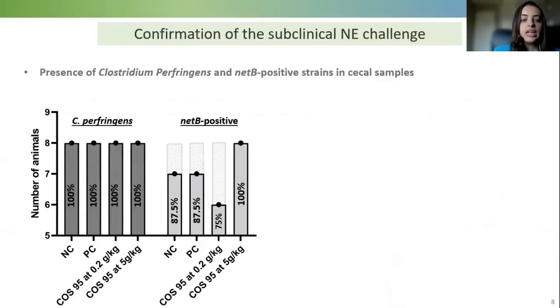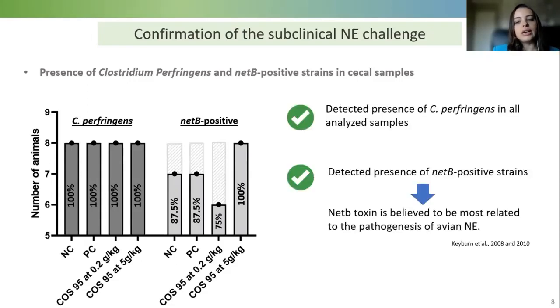control. For the confirmation of our natural infection approach, we detected the presence of Clostridium perfringens in all the analyzed samples, as we can observe here in this graphic, and the presence of NetB positive strains in most of the analyzed samples as well, which confirms that we had this bacteria in our environment and that they could cause the necrotic enteritis. The reason why we decided to detect the NetB strains was because these strains are able to produce NetB toxin that is believed to be the toxin most related to the pathogenesis of avian necrotic